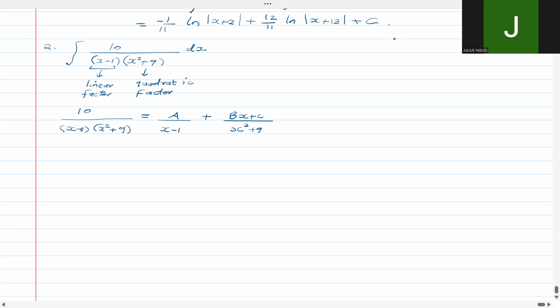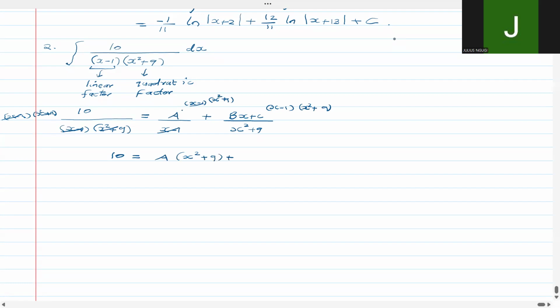And then let's solve for A, B, and C, the undetermined coefficients. So what we do again, we multiply everywhere by the common factor, which is x minus 1 times x squared plus 9. Same thing, x minus 1 everywhere by the common factor, x squared plus 9. And even the last part, x minus 1, multiplying that by x squared plus 9. And then you cancel what is common. So we're left with 10 on the left-hand side equals x minus 1. We cancel the x minus 1. You'll be left with A times x squared plus 9